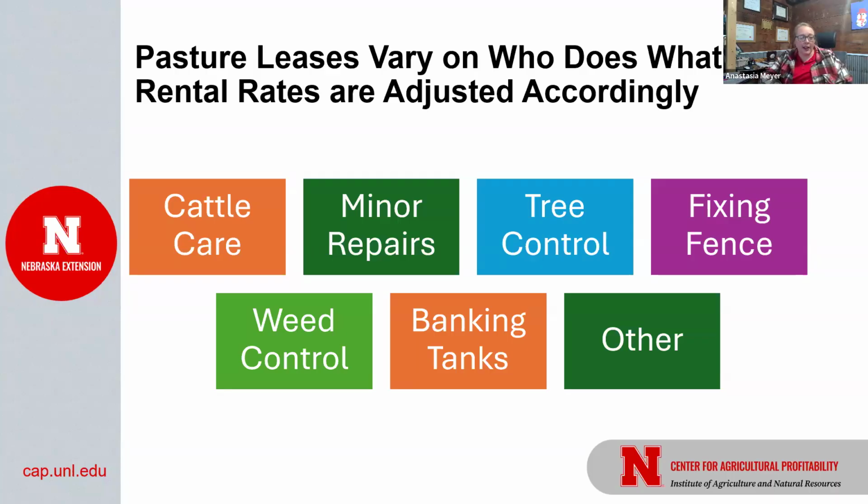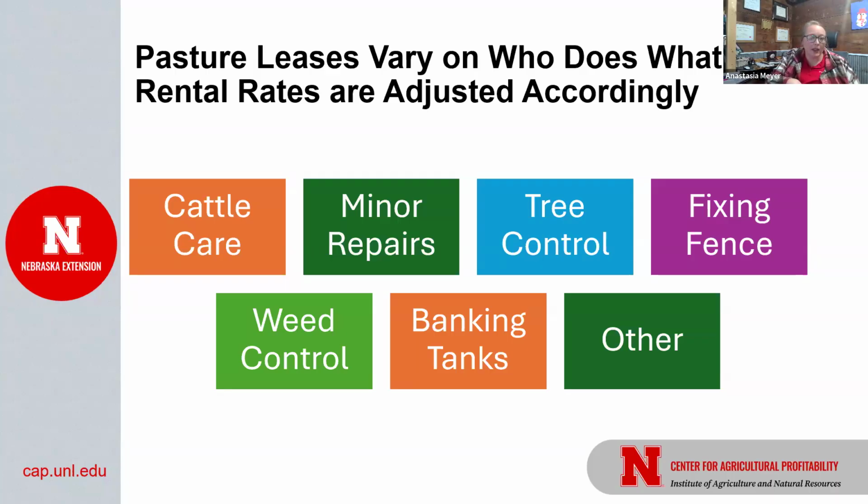The minor repairs on the fence, I say those general maintenance repairs are the tenant's responsibility. The going in and tightening up the fence, the taking care of some cedar trees here and there, the minor repairs, that is a tenant's job to do. Now, the larger repairs, if the whole fence needs to be replaced, typically what we see for that is the tenant does the labor and the landowner supplies the equipment. Same for noxious weeds. The tenant does the labor, the landowner typically pays for the chemical, right?